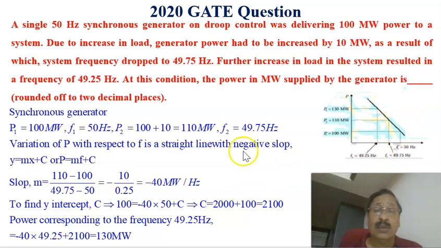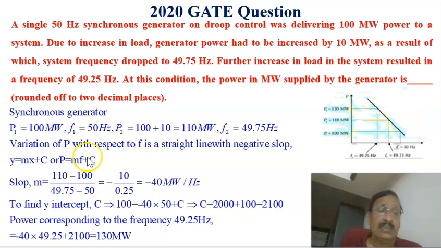And then the next step is we have to find out what is the y-intercept c. To find the y-intercept, we already know that corresponding to 50 hertz, the power supplied equals 100 megawatt. Substituting in the equation, P equals 100 megawatt, which equals minus 40 into 50 hertz plus c, or c equals 2000 plus 100, which is equal to 2100. So substituting the values of c as well as m in this equation, we can find out the power